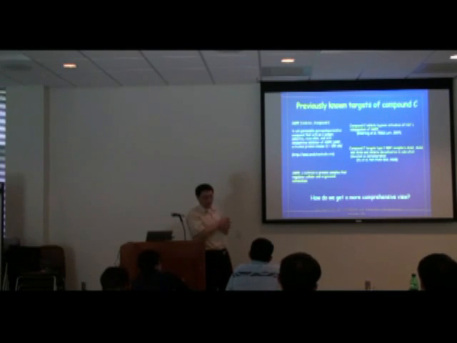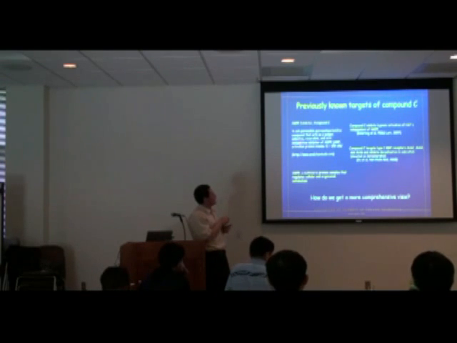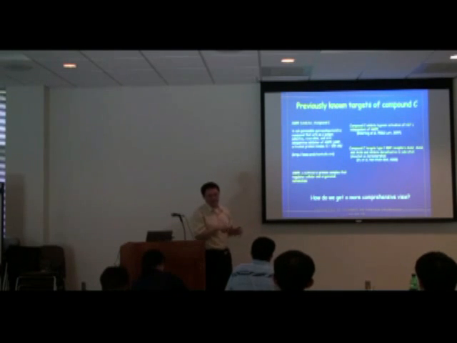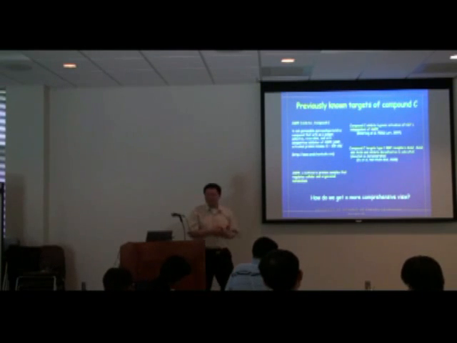So I took a quote from this company, EMD Chemicals, which is actually a very big company. So compound C is a cell-permeable compound that acts as a potent, selective, reversible, and ATP-competitive inhibitor of AMPK. And then I'll show you data that there's nothing selective about this compound in a few slides. And then AMPK is a multimeric protein complex that regulates cellular and organismal metabolism, right?